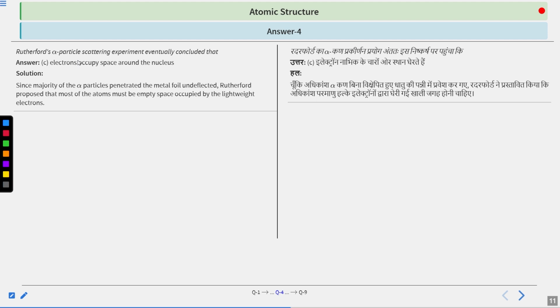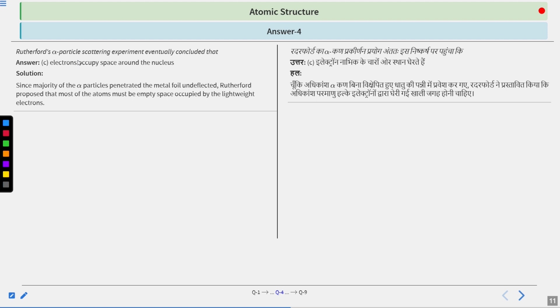If there were not electrons around the nucleus, or if instead protons were outside the nucleus, then they are very massive particles, and the alpha particles that we projected on this gold foil would have been deflected, or even reflected at the same time. But it was not the case, because electrons are the only ones which can show this observation, as they are lightweight and they allow the passage of these alpha particles in a straight line. Clear?